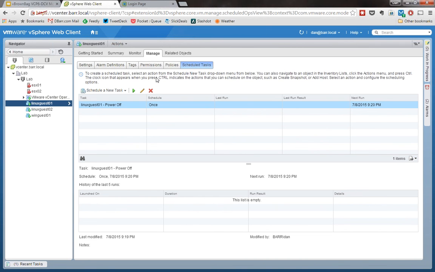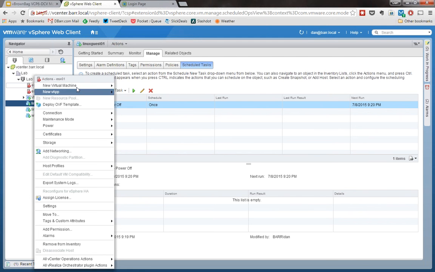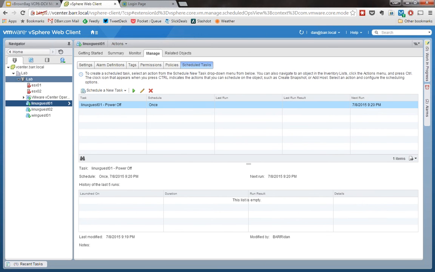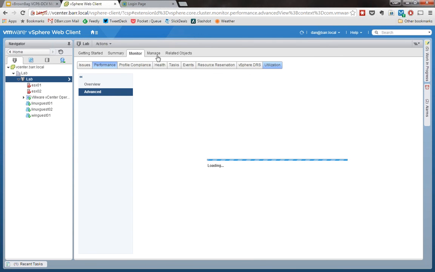We can also schedule a few things at a host level, mainly a new virtual machine. At a cluster level, we can actually schedule adding a host. I'm really not sure the use case on that one. Again, we can schedule creating a new virtual machine. And I don't think you can do it from the right-click menu, but somewhere you can also schedule turning on and off DPM. I think you would do that from,